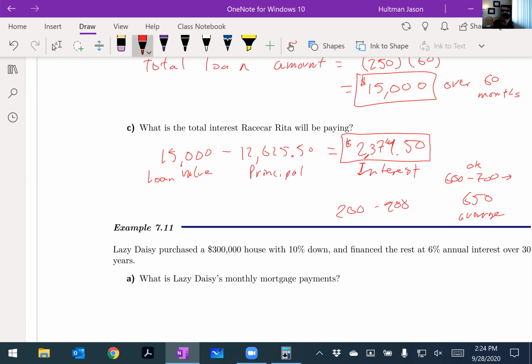Once you get above 700, you're pretty much good. You can get a loan pretty easily. If you're below 600, you're considered a risk. Okay, it means you don't pay your bills on time. But this is where you want to live, right here. And then they'll give you a nice